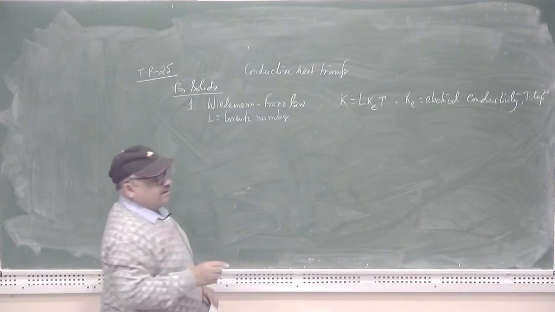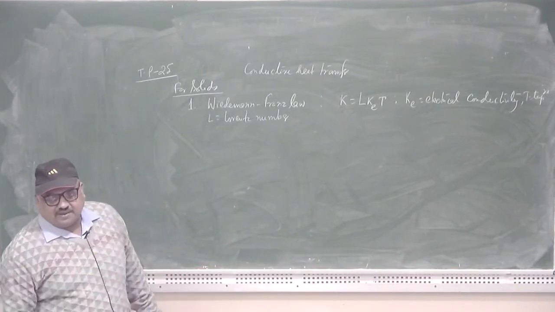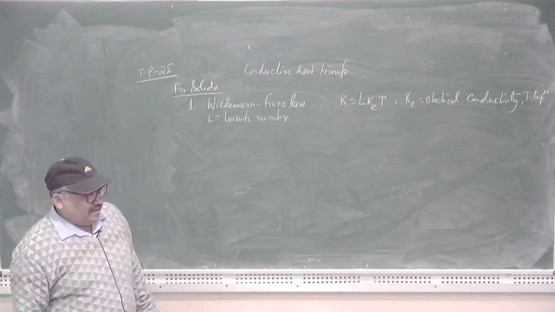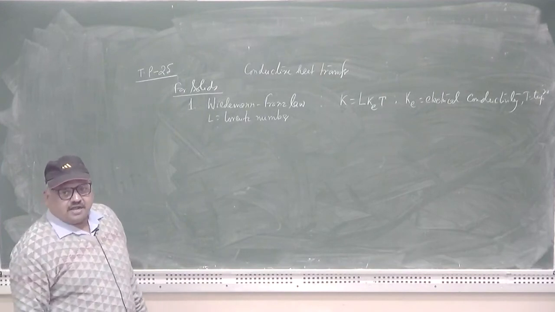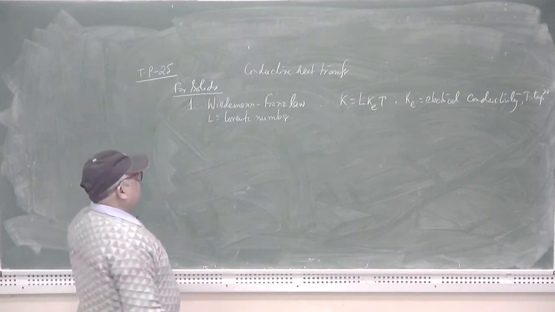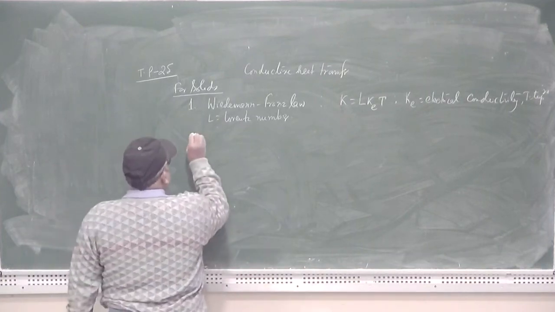In examination, if any numerical problem related with such type of equation is given for you to solve, the corresponding data will be given. So that is the Wiedemann-Franz law, and the second one is